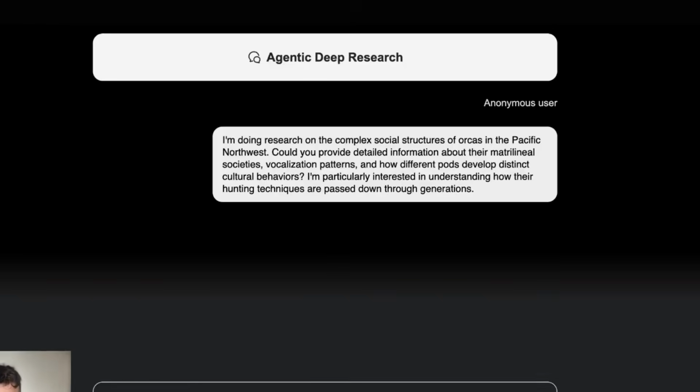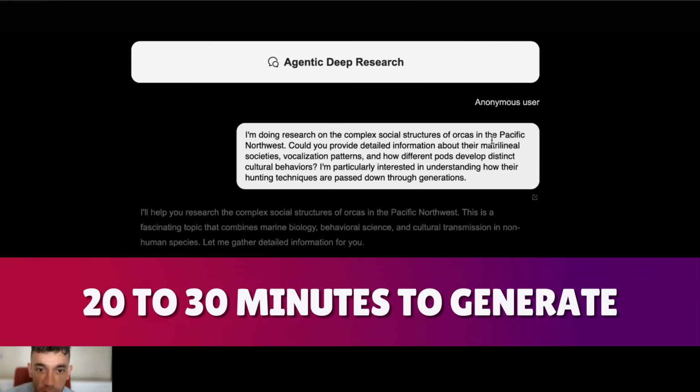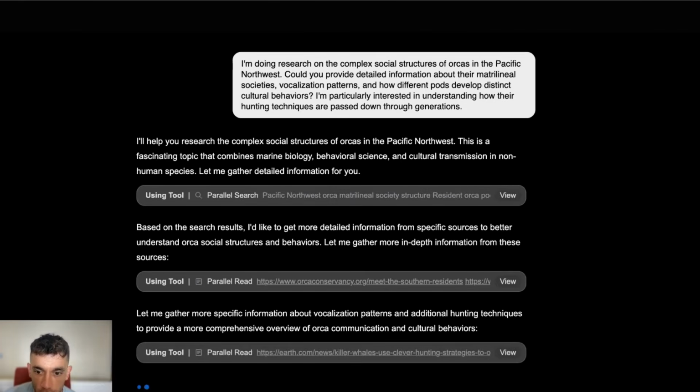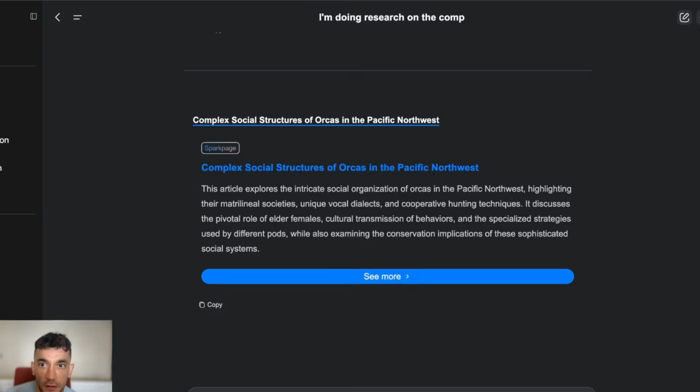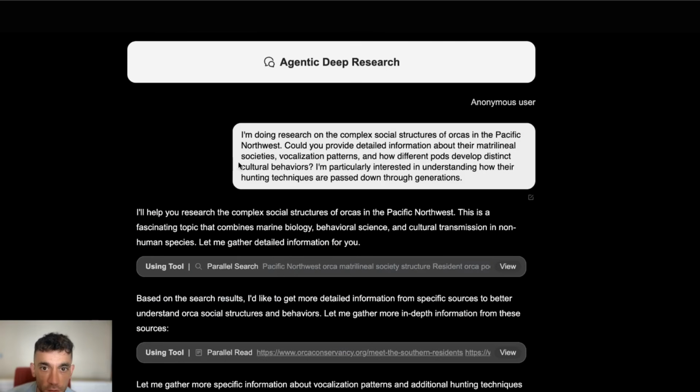If you want to see an example, I'm just going to show you the pre-made examples because they all take about, I would say, between 20 to 30 minutes to generate. So this is actually a demo that we're using just to show you an example. But if we click on jump to the result over here, we can see the example, and it creates based on the original prompt, which